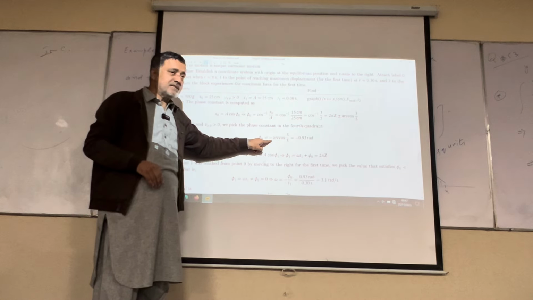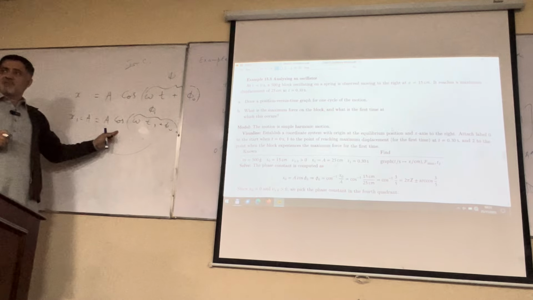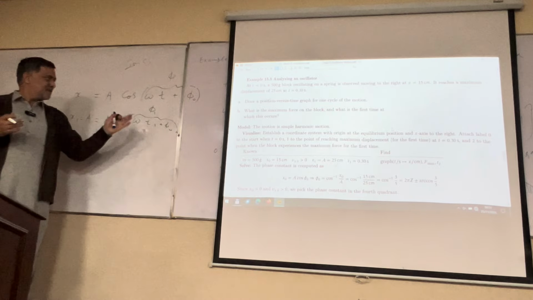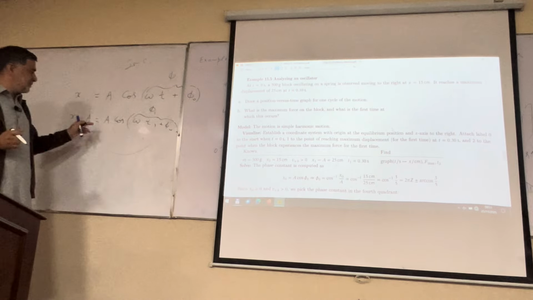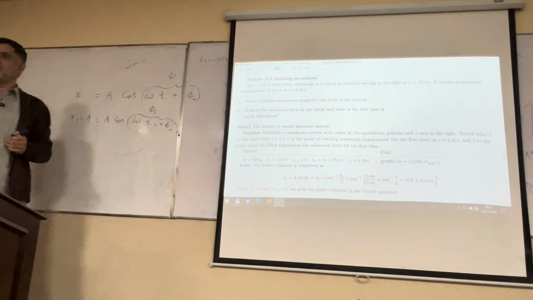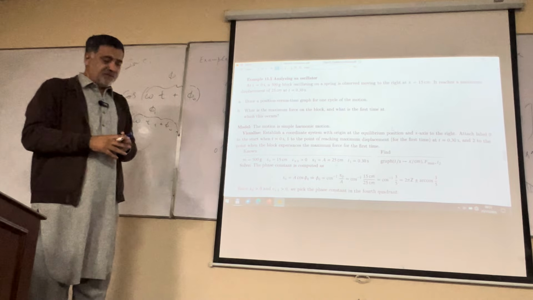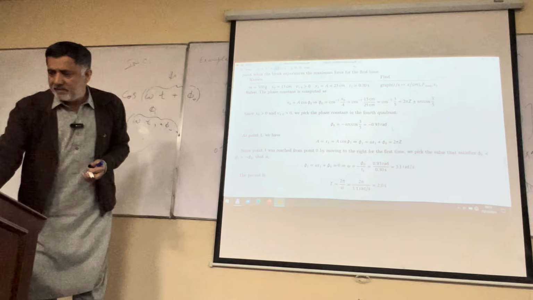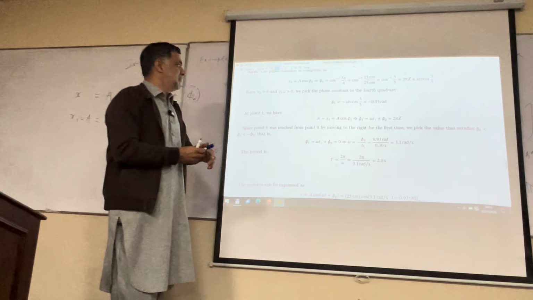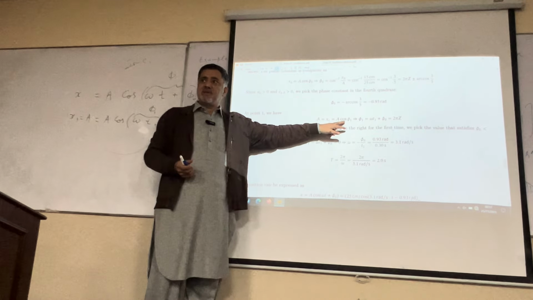So now what are the unknowns here? A I already know, so it will cancel. So 1 equals 1 times cosine of phi 1, which means phi 1 has to be something which gives me the maximum value of cosine. So cosine of what is 1? Cosine of 0, cosine of 2 pi, cosine of minus 2 pi, yeah, all those possibilities. So let's write all those possibilities. So now I'm writing x1, which is equal to A, which is equal to A times cosine phi 1, and